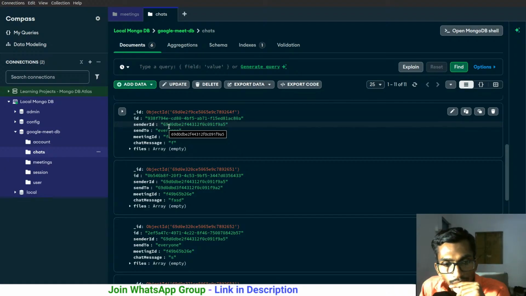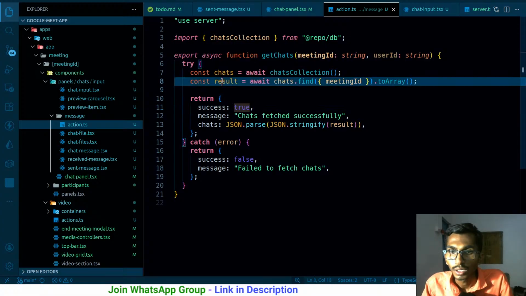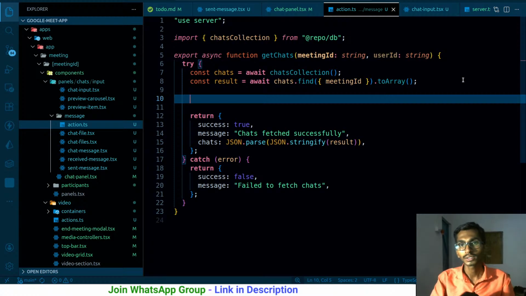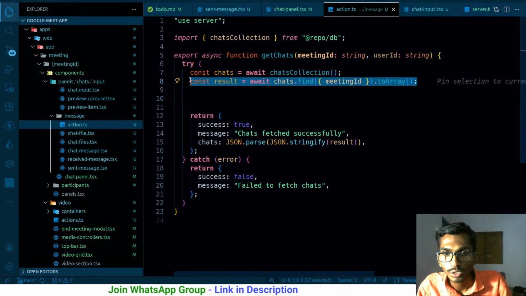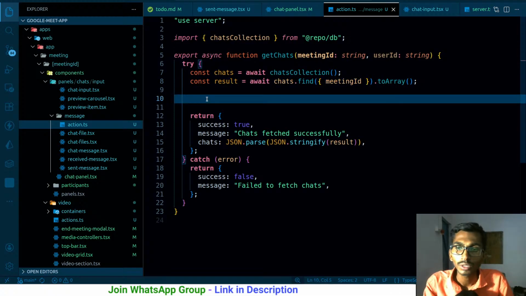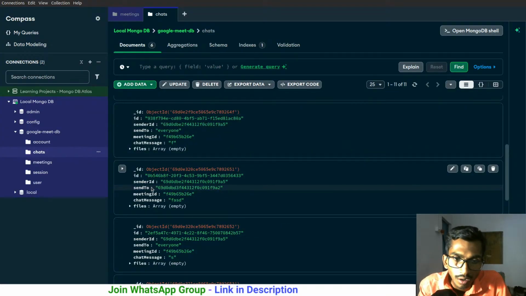And if the user id is not the same, let me get all the meetings from here. So I'm already getting all the meeting info. Once I got the result from the meeting that belongs to that particular meeting, I have to just filter the stuff over here. I'm gonna be checking one thing. I have to send the result for this particular user, so if the sender id is everyone, sorry, if send